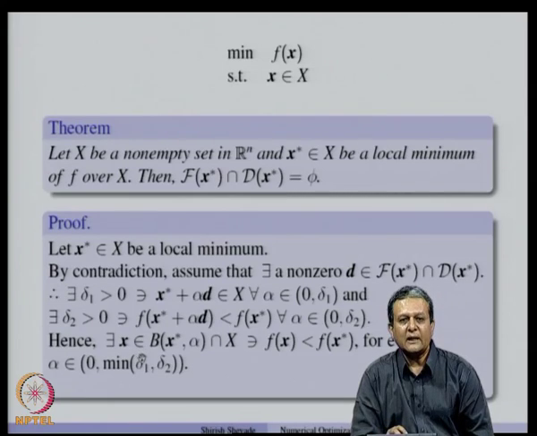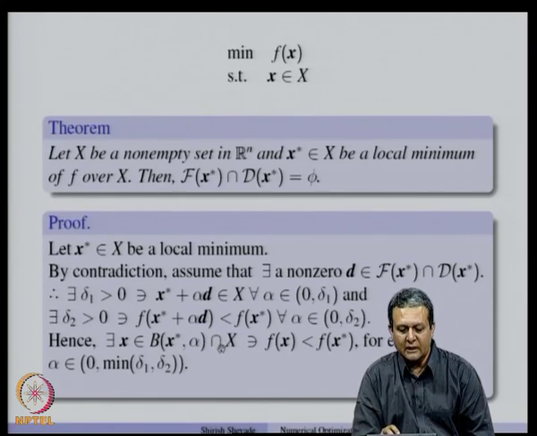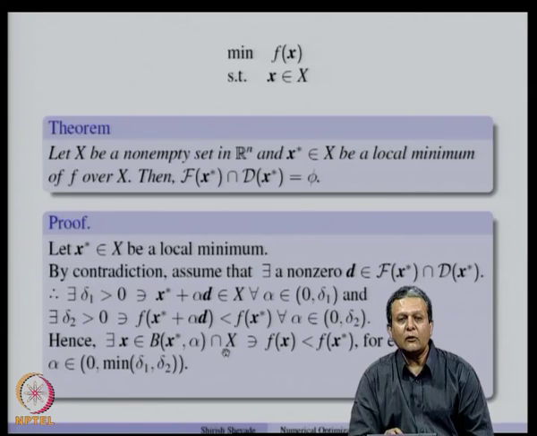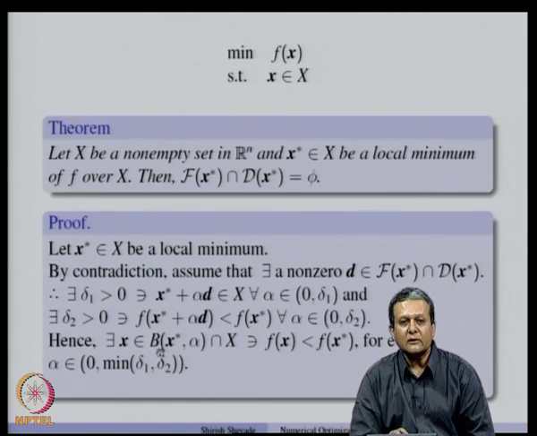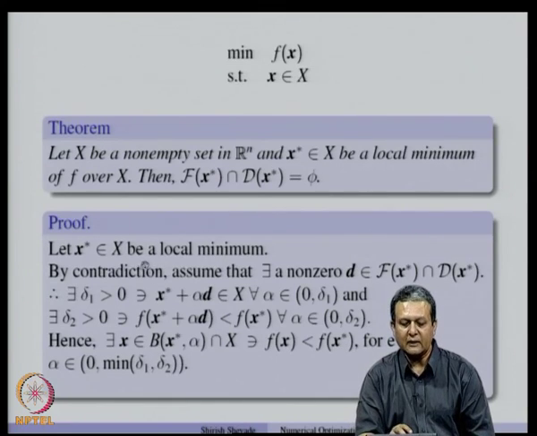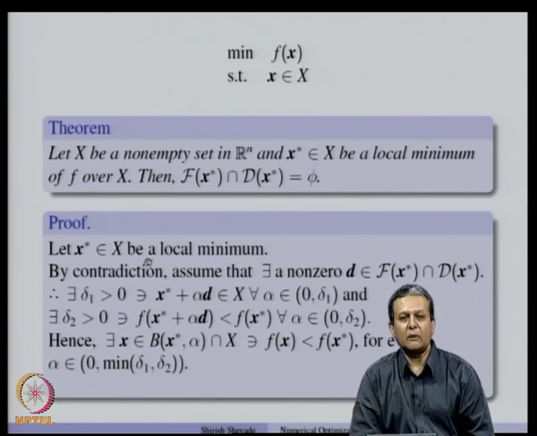So, that means that there exists x in the alpha neighborhood of x star, intersected with X, such that f of x is less than f of x star for every alpha in the range 0 to minimum of delta 1 and delta 2. And so, that means that in the local neighborhood of x star, we are able to find some x which is not equal to x star, such that the value of the function at x is strictly less than the value of the function at x star, and that contradicts the fact that x star is a local minimum, and therefore,